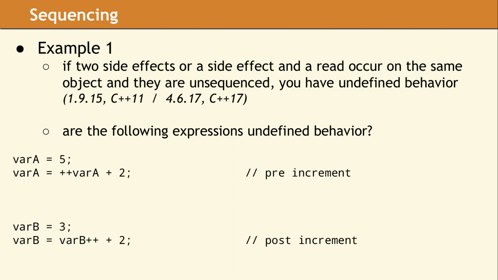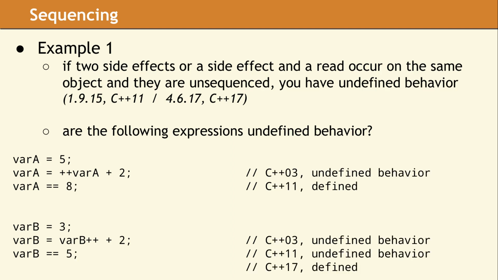Take a moment to examine these two examples and find all the side effects. Then determine if either example would result in undefined behavior. The answer depends on which version of the standard your compiler adheres to. In C++03, both of these expressions have undefined behavior. Both var A and var B are modified twice between sequence points, which by the definition in C++03 is undefined